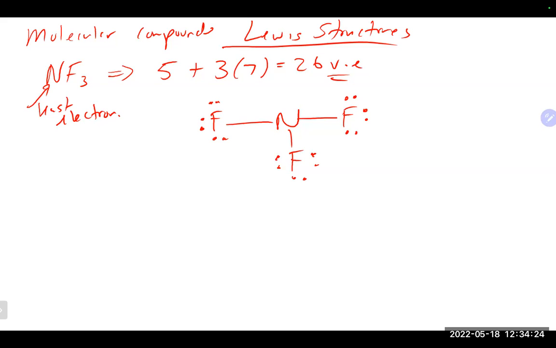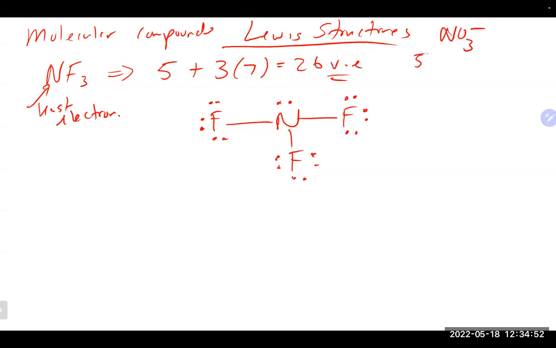We still have 2 more to go. They should go on the center one in pairs as well. At this point, all 26 electrons have been put on there. Everybody meets the octet rule, and this would be the proper Lewis structure. Sometimes you do need to make a double bond or triple bond to fix a situation where you do not reach 8 electrons. So if we drew NO3